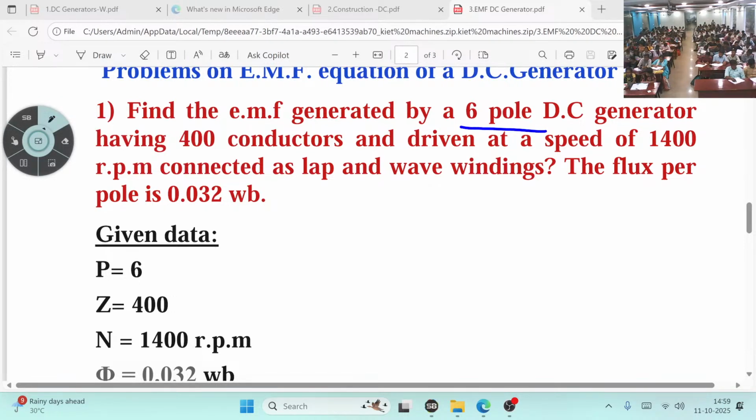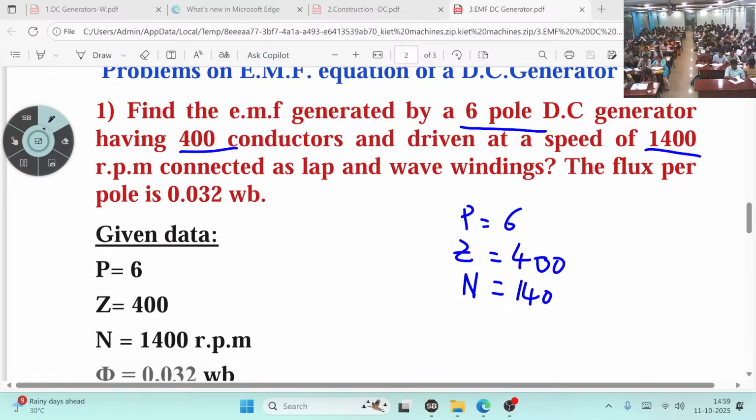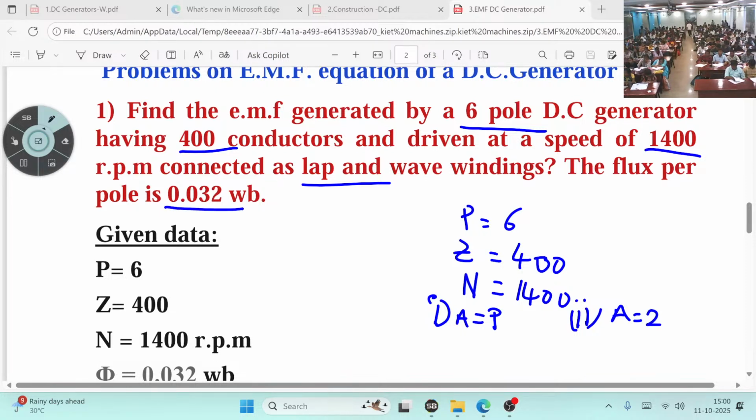Six pole, P is equal to 6. 400 conductors, Z is equal to 400. Speed, N is equal to 1400. Lap connected, first one, A is equal to P. Second one, A is equal to 2. Flux, pi is equal to